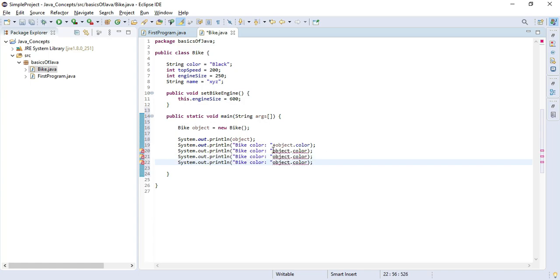Okay, so let's just change all those properties as what we have written: bike top speed and object top speed, bike engine size and object engine size, bike name and object name.